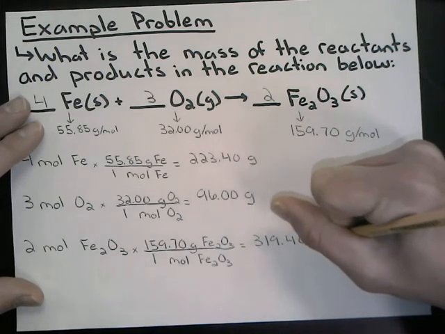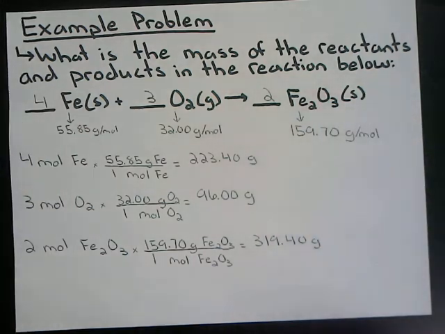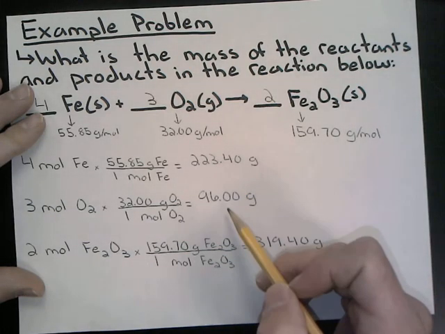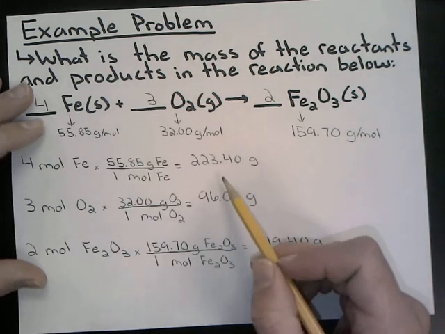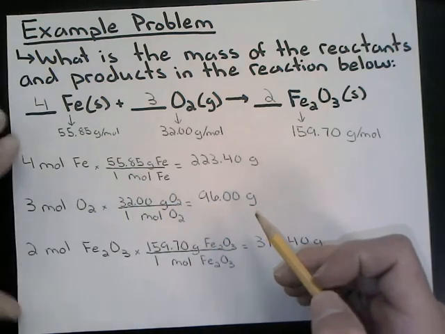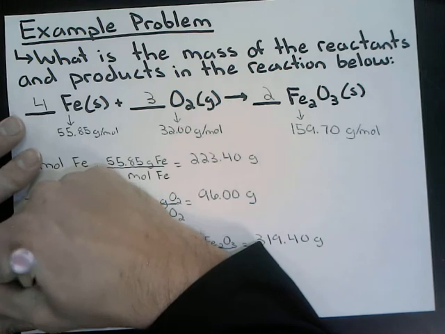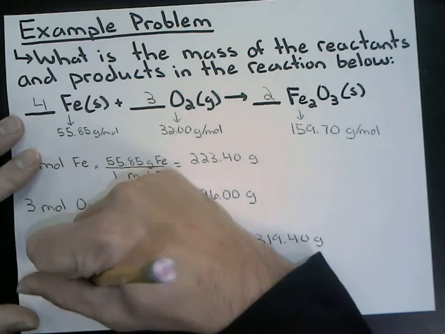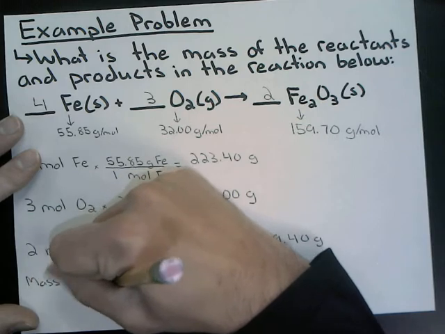Now we need to make sure we have all the masses, but we need to make sure that the mass of the reactants equals the mass of the products. Okay, so our 2 substances involved in our reactants are iron, Fe, and O2. So I'm going to put a note here. I'm going to put the mass of the reactants. How we do this,